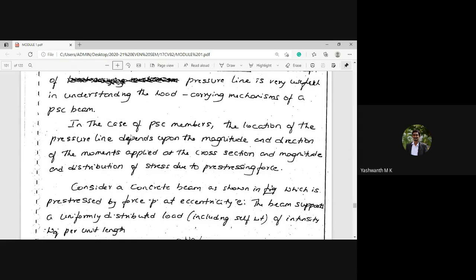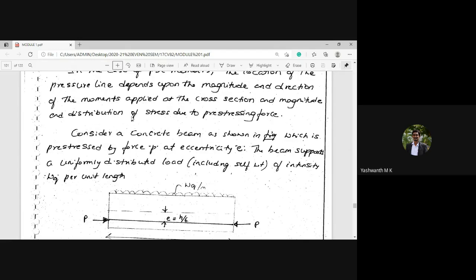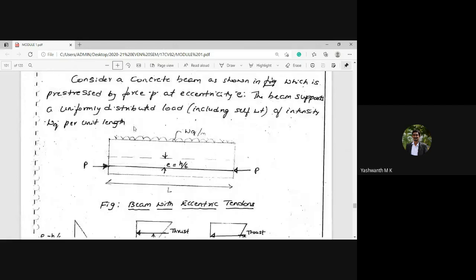In order to explain this concept, let me consider a concrete beam, as shown in the figure, which is pre-stressed by a force P. You can see this is a straight cable having an eccentricity e, and this eccentricity is given by the distance h by 6. The beam supports a uniformly distributed load,